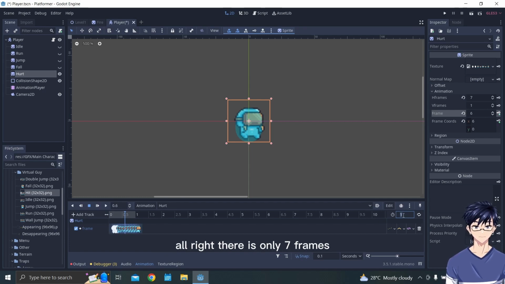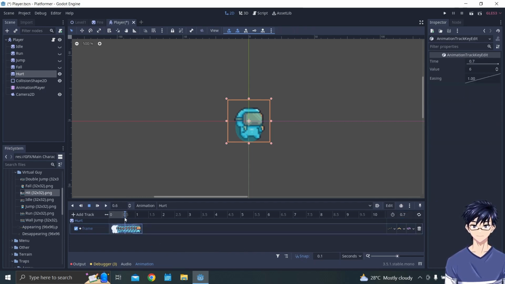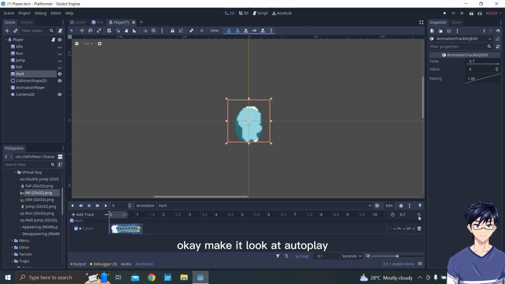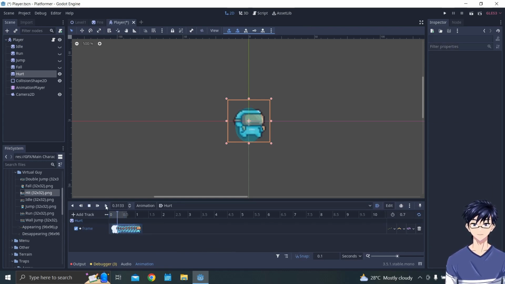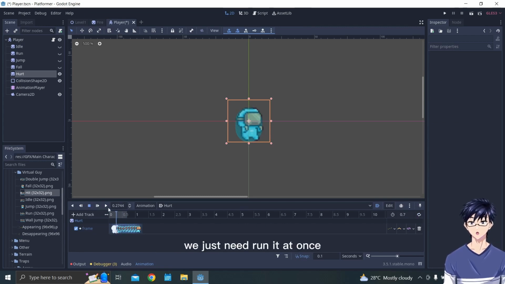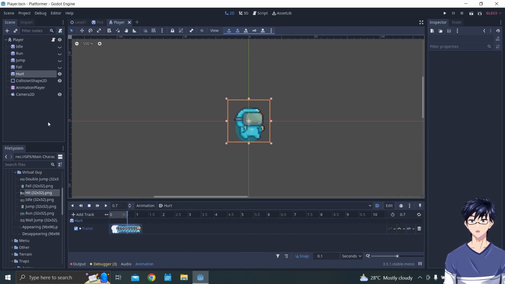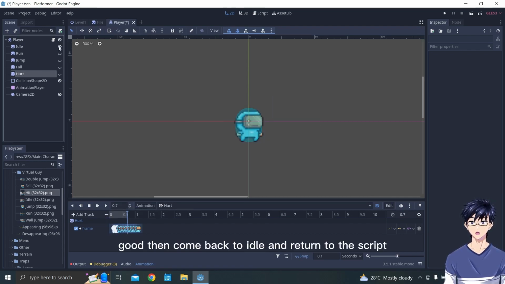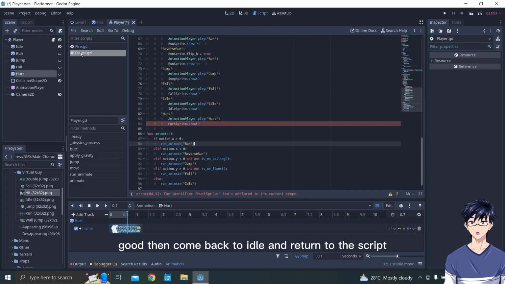There is only 7 frames. Okay. Make it loop and autoplay. Okay. Actually, we don't need to loop it. Just need to run it once. Okay. Good. Then come back to idle and return to the script.